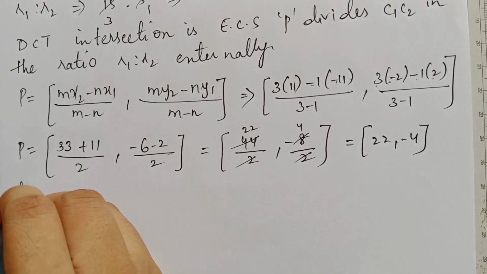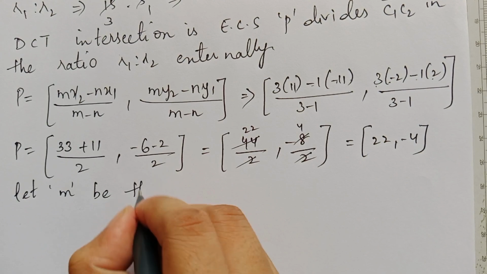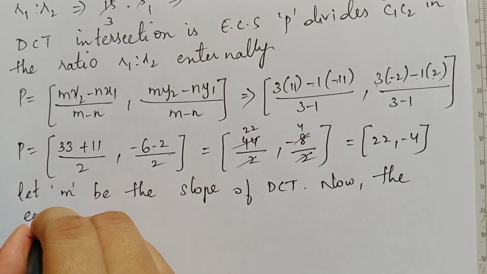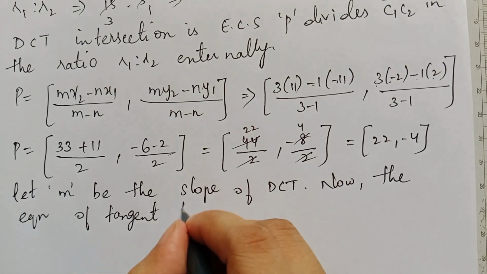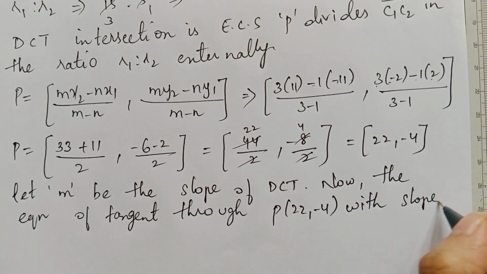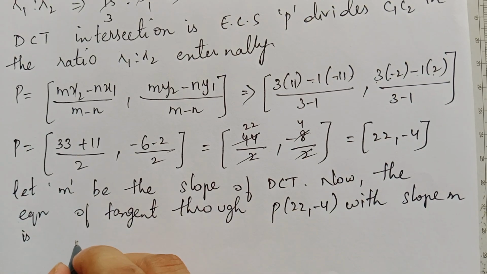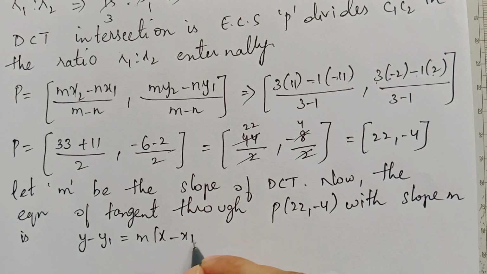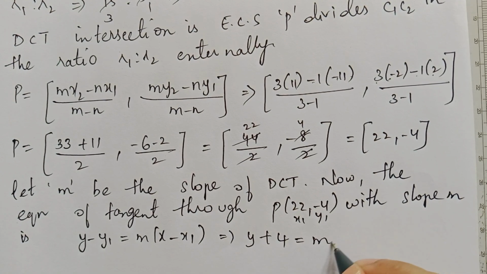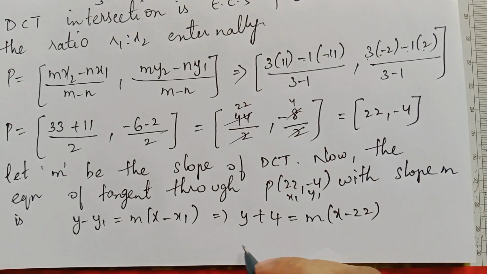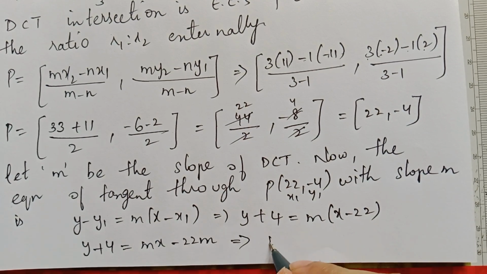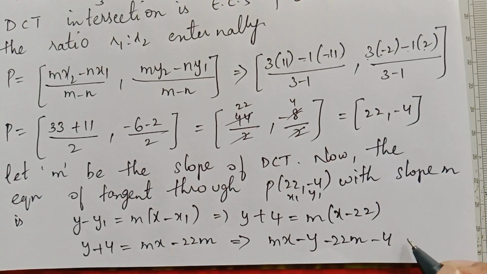Now we will consider m be the slope. Let m be the slope of direct common tangent. Now the equation of tangent through point 22 comma minus 4 with slope m is, we can take the point slope form, right? Formula is y minus y1 is equal to m into x minus x1. Here this is x1 y1, so it will be y minus of minus becomes plus 4 equals m into x minus 22. So this can be written as y plus 4 is equal to multiplying m inside, so it is mx minus 22m. So this can be written as mx minus y minus 22m minus 4 equal to 0